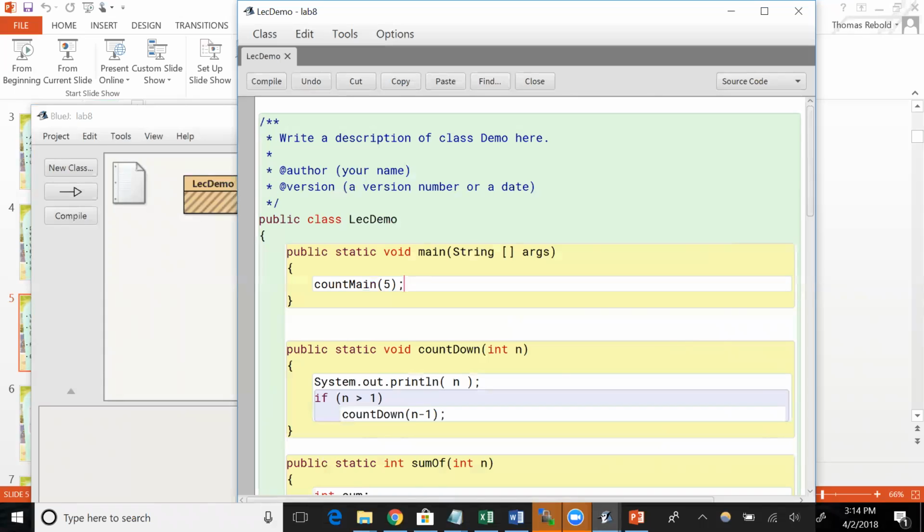When we call countdown of 5, we jump into countdown with the number 5. In this method, we print the number n, and then if n is bigger than 1, we call countdown of 4. And you keep repeating that over and over again,